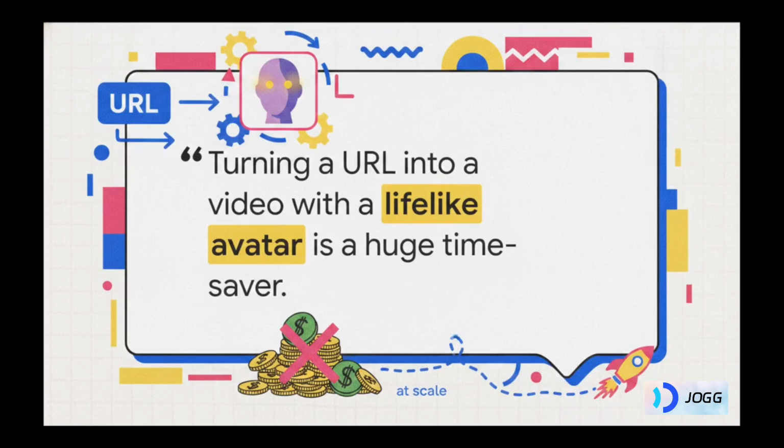So the crucial point is perfectly summarized right here by Kevin, a verified AppSimo buyer. He points out that taking a simple URL and turning it into a full video with a lifelike avatar is just a huge time saver. And honestly, more importantly, he notes that older, legacy tools have pricing that just adds up way too quickly, especially when you are trying to produce content at scale. Real users are making the switch because Jogg AI protects their time and completely slashes their production expenses.